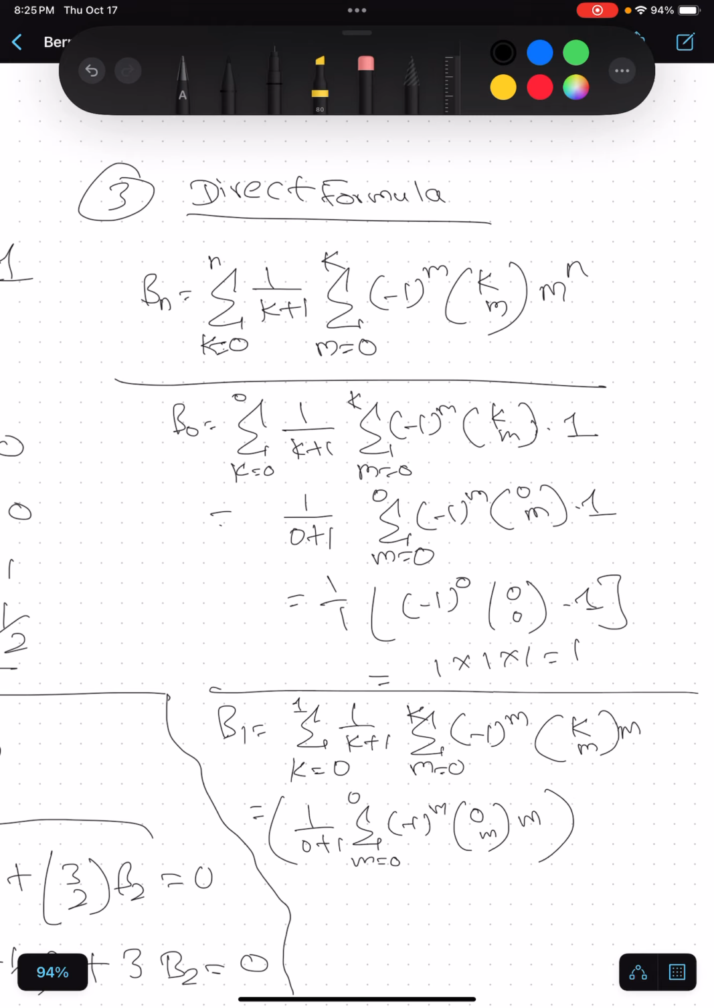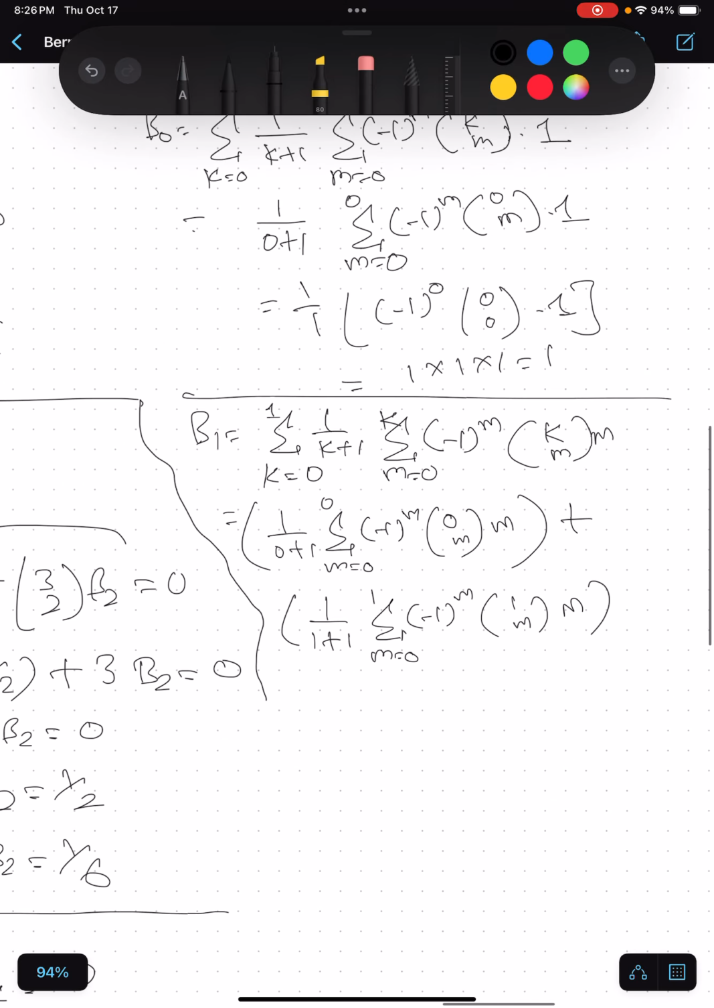Now at k equals 1, that will be 1 by 1 plus 1, and then sum from m equals 0 to 1, minus 1 to the power m, 1 choose m, right? Now let's try to find the sum. So the first sum, we know that it's actually, okay, yeah, the first sum is actually 0 now, because initially over here this was 1, so that's why we got the sum as 1 over here,